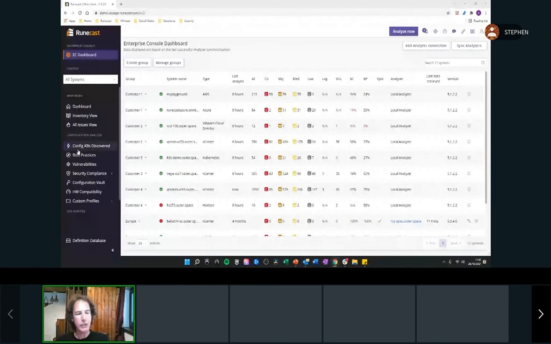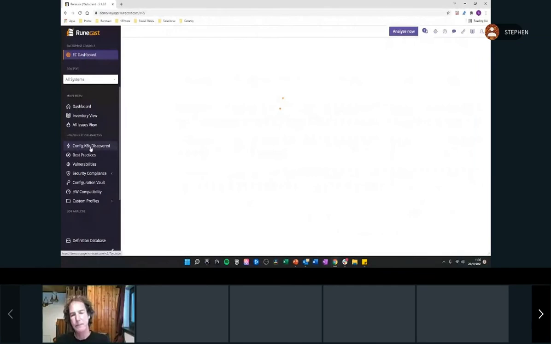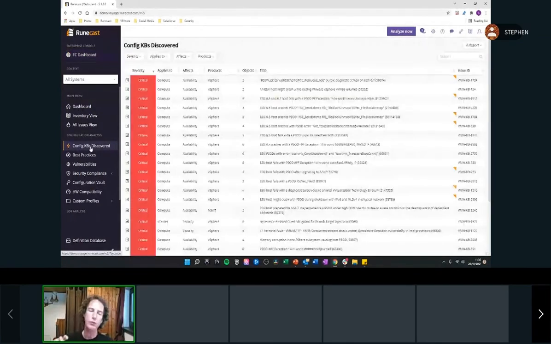So for configuration analysis, I would like to jump into the config KBs here because, again, this really describes Runecast Analyzer and the possibilities that we can achieve with it. I love this dashboard because it looks really scary. Whenever I show this to people, they think, okay, I don't want that happening in my environment. I'm not sure I maybe want to see this because it looks a bit scary,